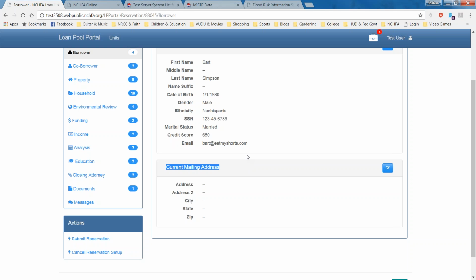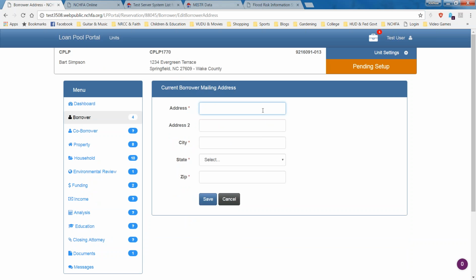The system also requires an email address, and if at all possible, this should be the borrower's email address. If the agency ever has any disclosures to be sent out, we always attempt to do it by email first. It's much easier for us to manage it that way, and so the system is going to require an email address. We only use the mailing address for loan documents as a backup if there's no way to get an email to the user. Okay, so mailing address, we'll say is this,